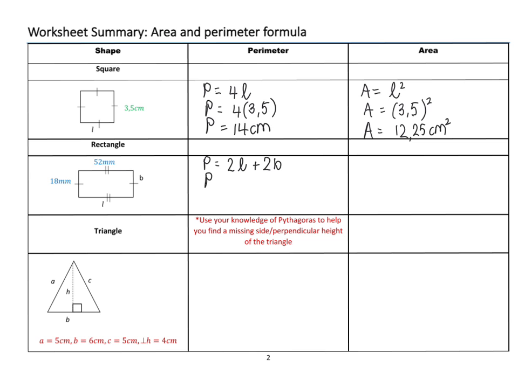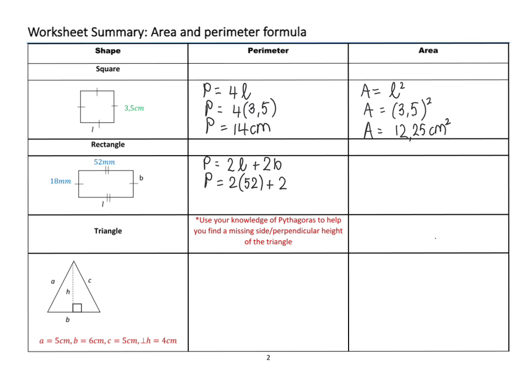And that gives me, when I substitute, 2 times, and the length measurement is normally the longest measurement, so 52 millimeters, but I'll write in here 2 times the measurement of 52 units plus 2 times the measurement of the